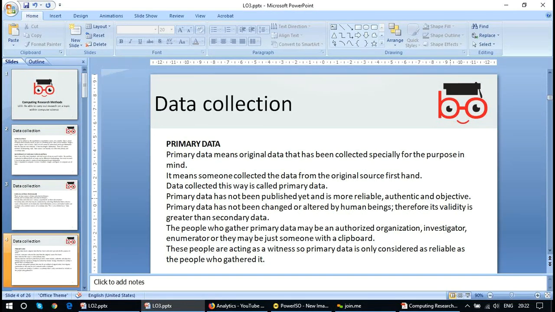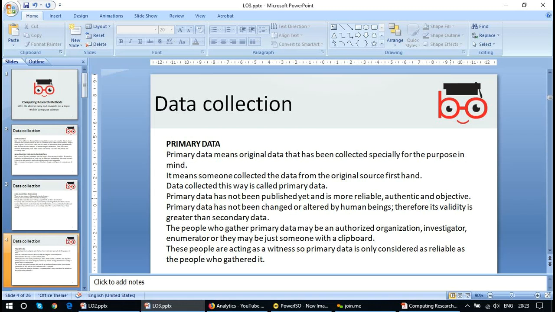Hello? Could you ask that again? Is there any possibility that if you are reading any research, the particular researcher manipulated the data and didn't provide the correct data? Yeah, it's possible. So primary data is basically valid. However, there are chances that the secondary data can be compromised or manipulated.